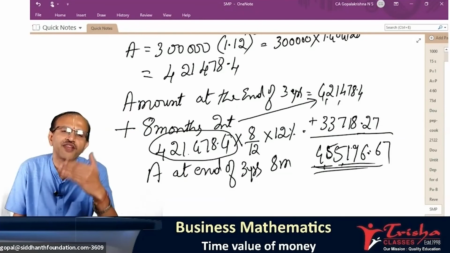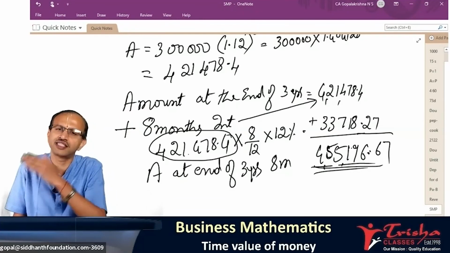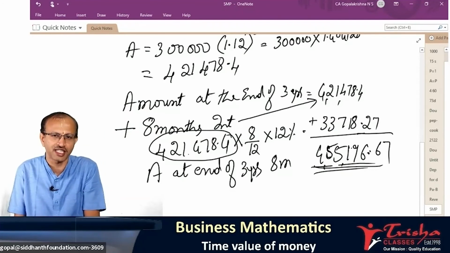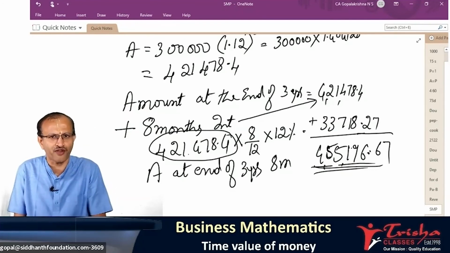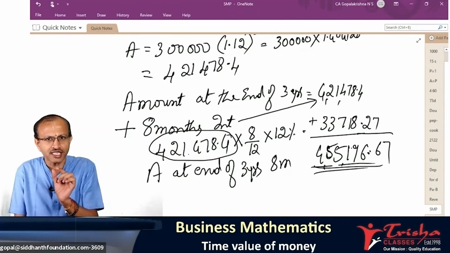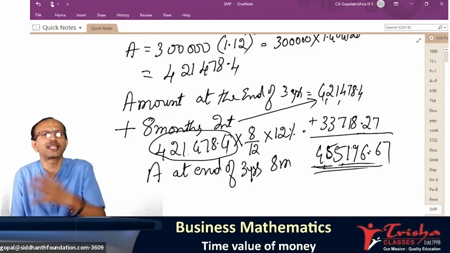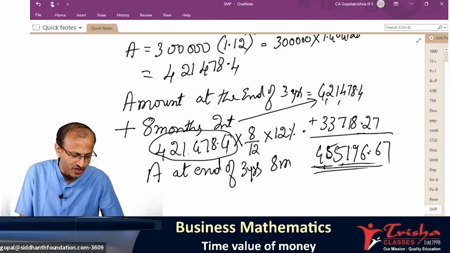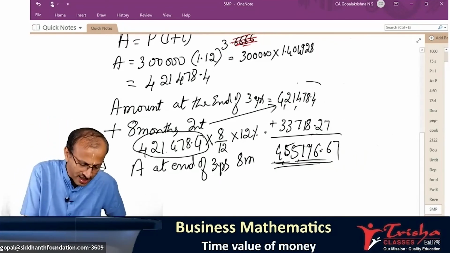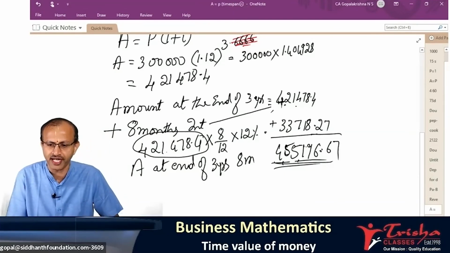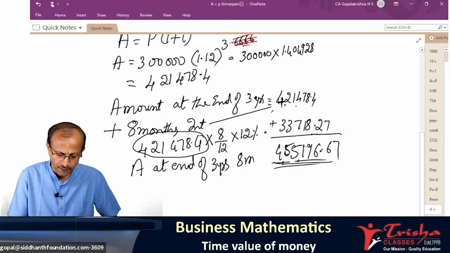Therefore, for that part of the year interest working, it is not advisable to apply the formula which is there in compound interest. For the full years you apply that formula. For that part of the year interest, take the formula of SI, but don't take principal, take the increased value. Hope everyone understood. Finally, on this increased value you all have to work out 4,21,478. So one part is done.